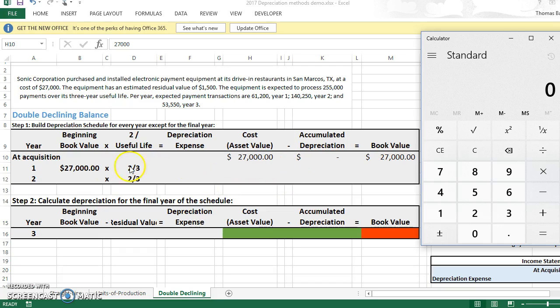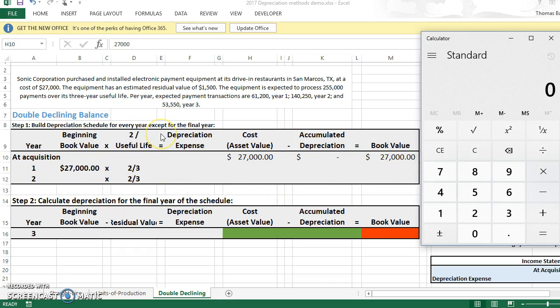So I'm going to build this schedule for you, and really what you want to do here when you're doing double declining is you want to do this schedule in 2 sections. Even though your problem has 1 section with all 3 years, I want you to build this where you split it up into 2 sections. One, basically at the bottom we can start with, which is the final year of the schedule. Do that one separately. And then do the first, in this case it's a 3-year machine, so do the first 2 years in its own